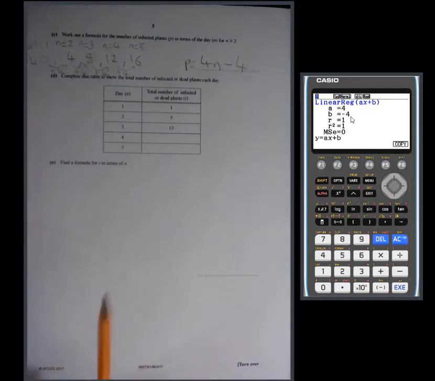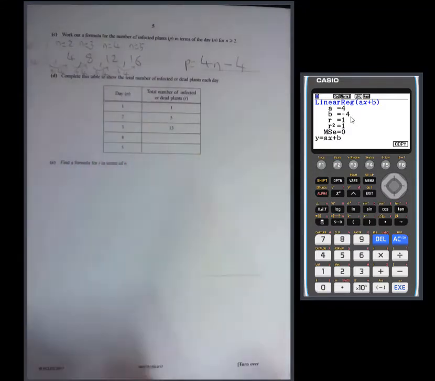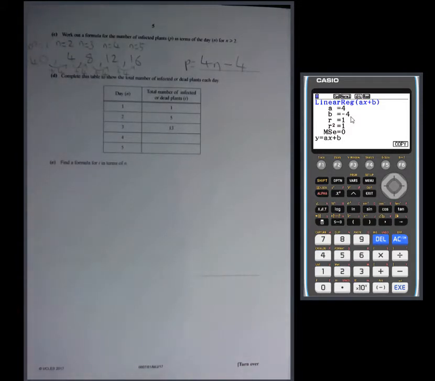Okay, part D. Complete this table to show the total number of infected or dead plants. Right, so infected or dead. There are two ways to do this. I would suggest one is a lot more efficient. If we go to the beginning,